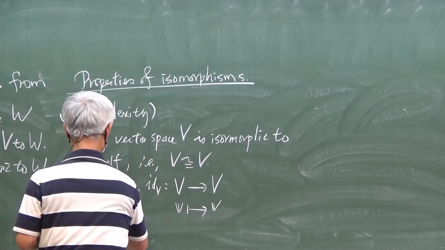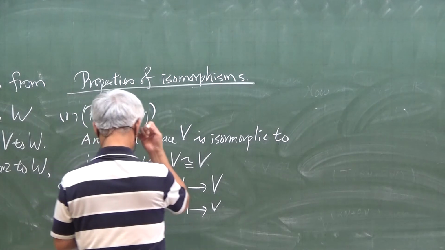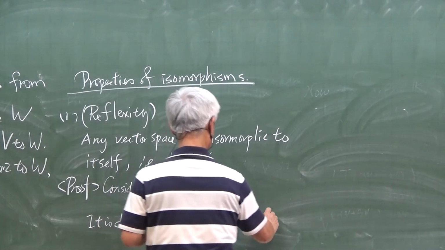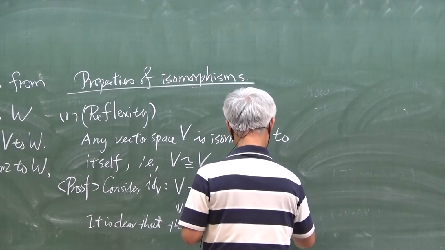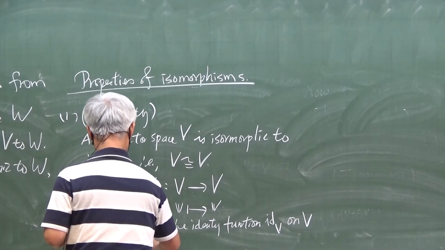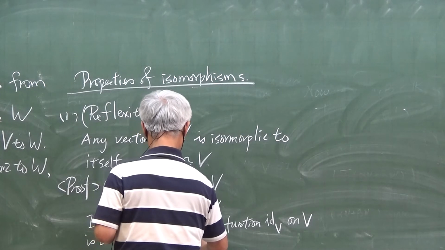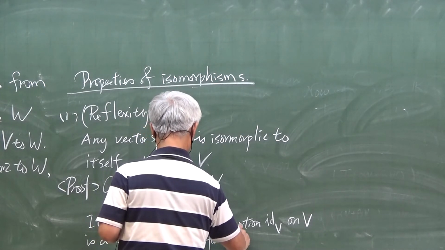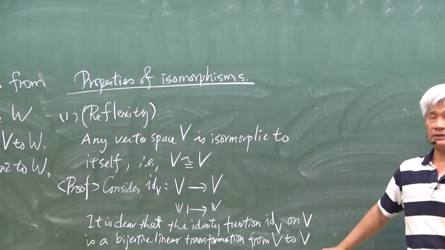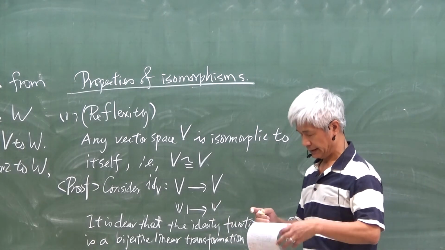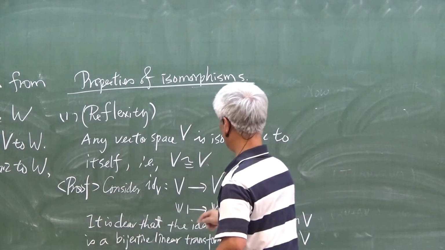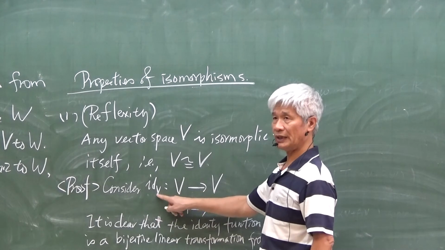And it is clear that the identity function ID_V on V is a bijective linear transformation from V to V. Okay? Identity, of course, is one-to-one and onto, and it's linear, as we showed long ago. All right, so now, with this bijective linear transformation, the identity function,